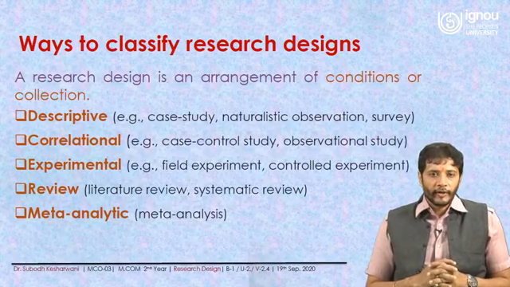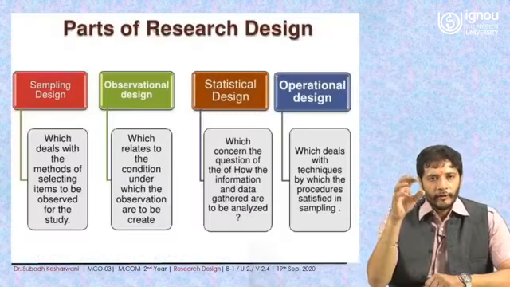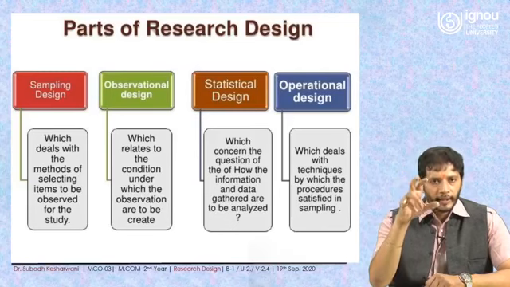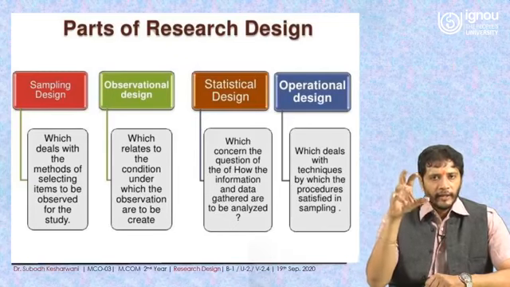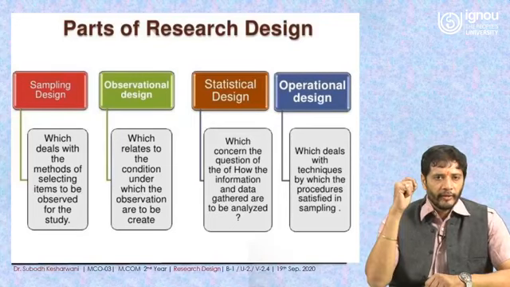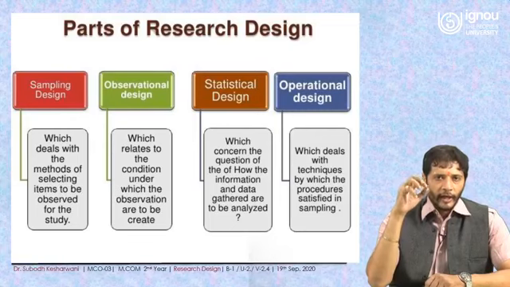And when you're designing anything, you have to take many things into consideration. So this part of research design talks about 4 important things: sampling design, observational design, statistical design, and operational design. If you talk about the sampling design, it deals with the methods of selecting items to be observed for the study. And when you talk about the observational design, it relates to the conditions under which the observations are to be